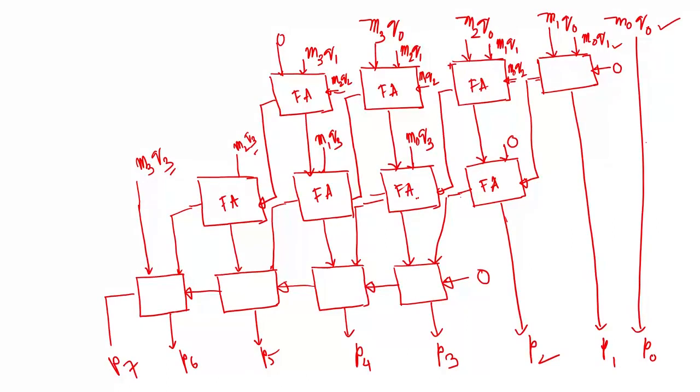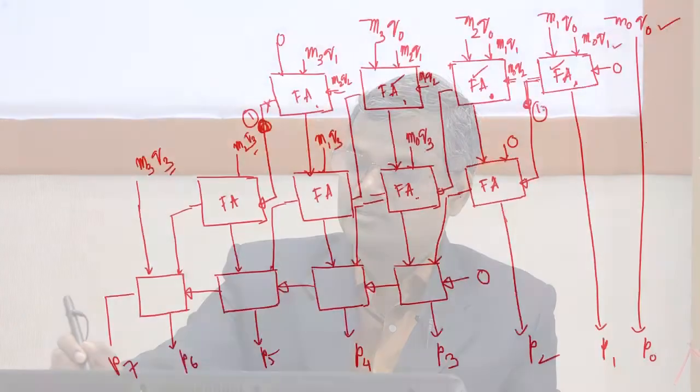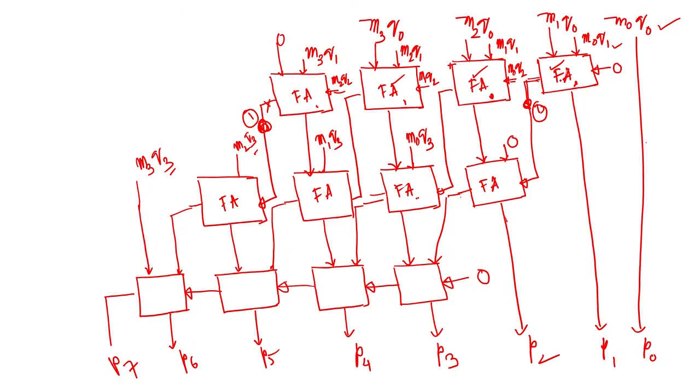What is the advantage? The advantage here is whenever this full adder is working, this one, this one, this one can all work together. Earlier, to reach the signal at this point, we had to traverse this one, 1, 2, 3, 4. However, whenever this output is available at this point, at the same time this output will also be available. This one will be available at the same time after 2 gate delays, because a full adder takes 2 gate delays, and the AND gate. So, after 3 gate delays you will get this value here. So, instead of 1, 2, 3, 4, 8 gate delays, 8 plus 1, 9 gate delays, you are getting the output after 2 gate delays,